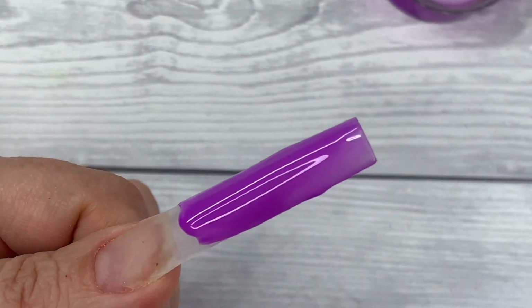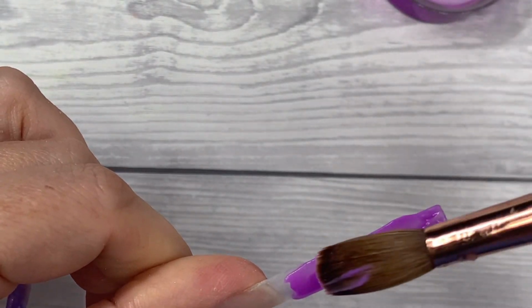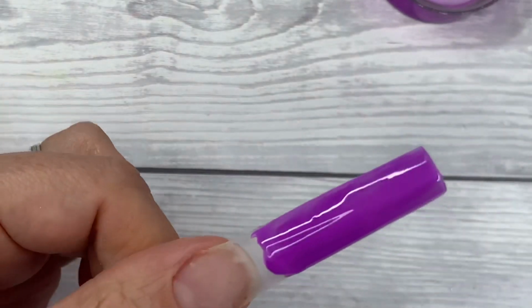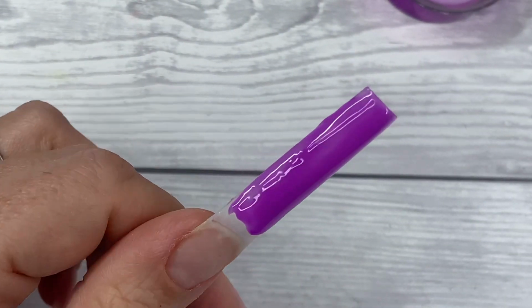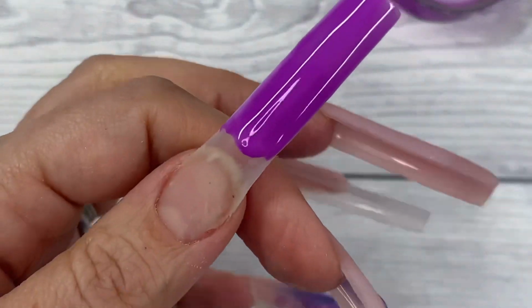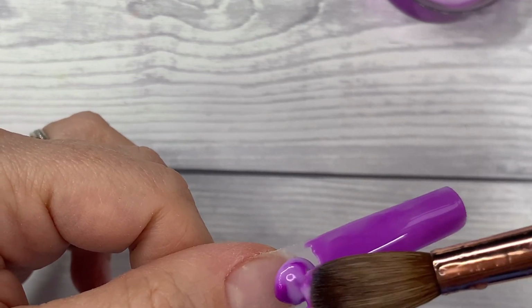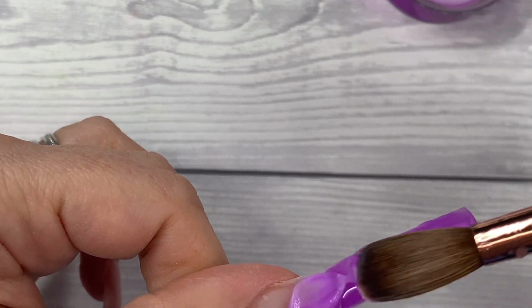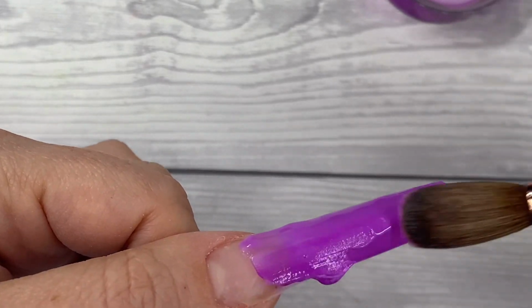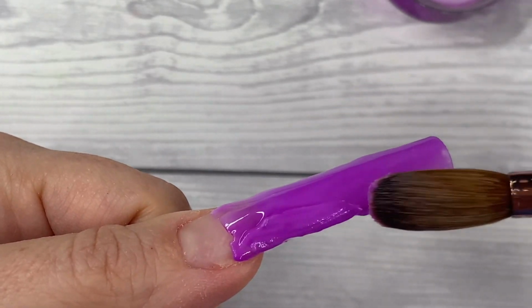I don't mind when a company sort of says this is a colour that separates. I'm like, cool, fair play. When a company says this is our perfect colour and doesn't admit that it separates, I don't know why, I think I get irritated with it. It's like a matter of principle. If you're going to sell me a colour that separates, tell me it separates and I'll still buy it. But if you pretend it doesn't, I won't buy it. It's weird, isn't it? I think that's just me though. I like a bit of the older up front. Yeah, this has a bit of a marble to it, but...